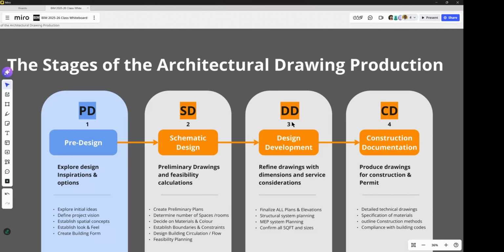AutoCAD Architecture is kind of like a mini Revit. You use a wall tool and window tool and that stuff, but it wasn't as sophisticated as Revit. So yeah, I knew how to do that, but I was totally lost.